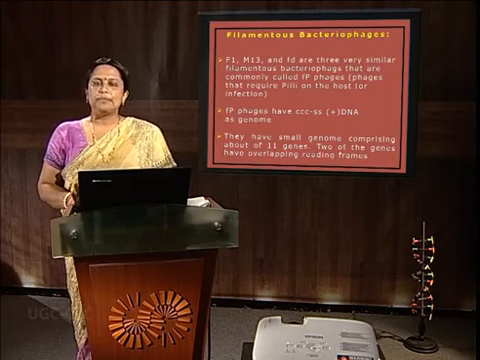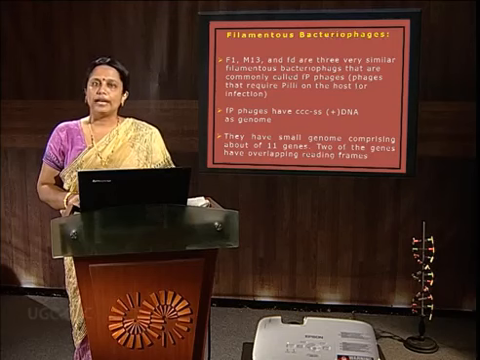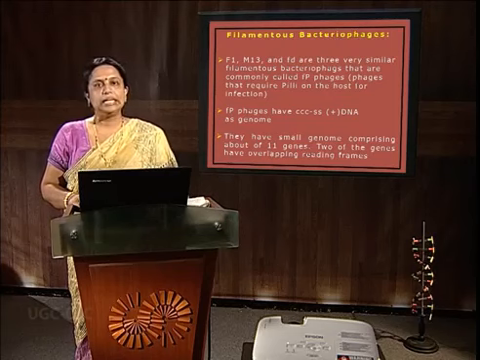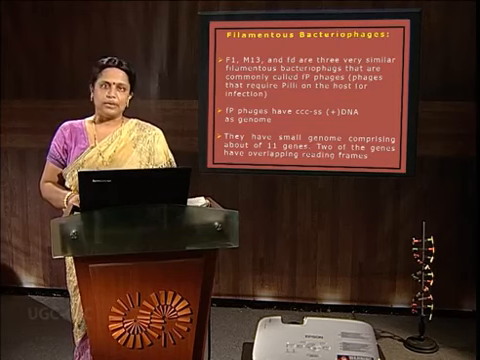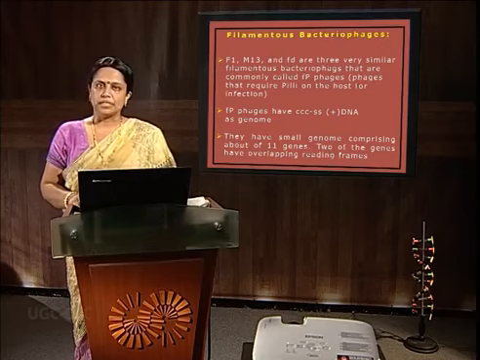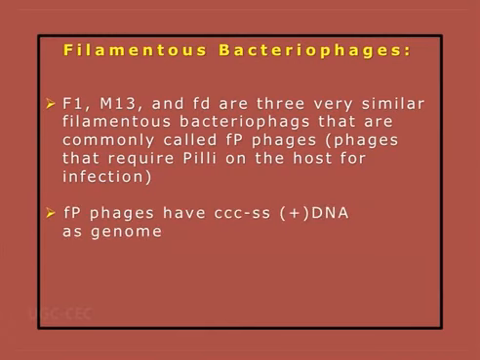Once this type of cloning is done with the E. coli host cell and bacteriophage vectors, we really need to focus on the cloning of DNA wherein we need to get single-stranded DNA, because single-stranded DNA is needed for sequencing purposes. In this regard, the filamentous bacteriophages have played a vital role. Filamentous phages, namely F1, M13 and fd, are all called F-pilus phages because they infect only those cells that bear F-pili.